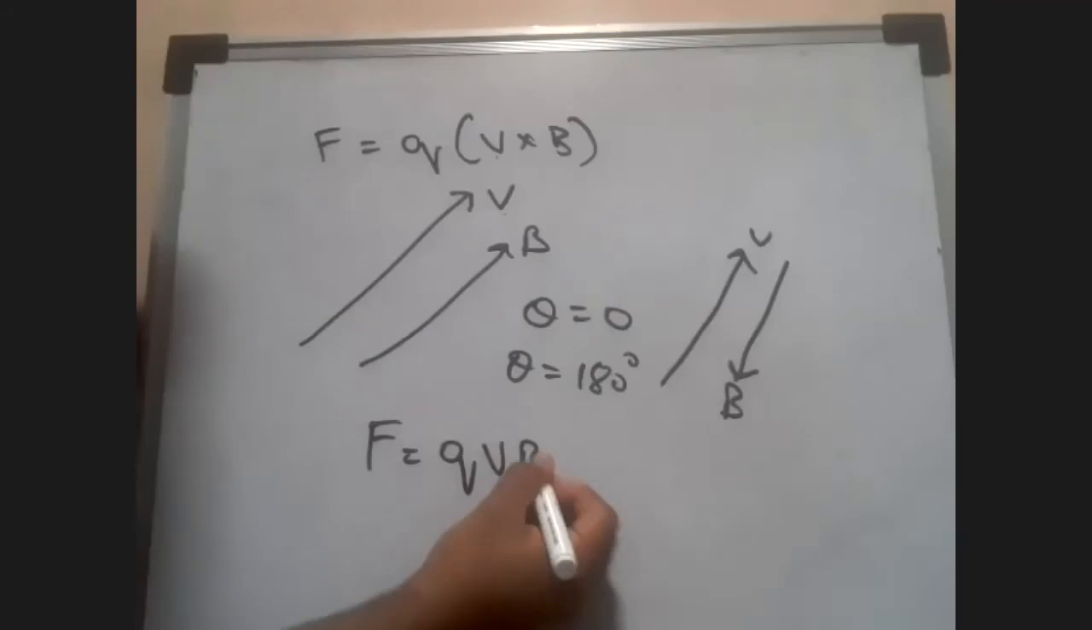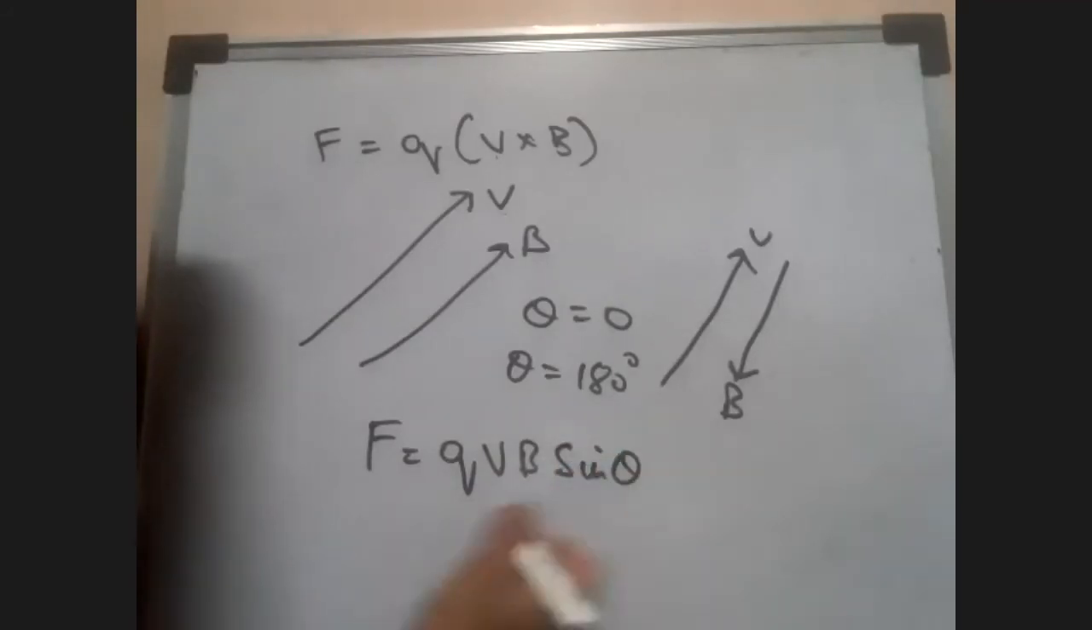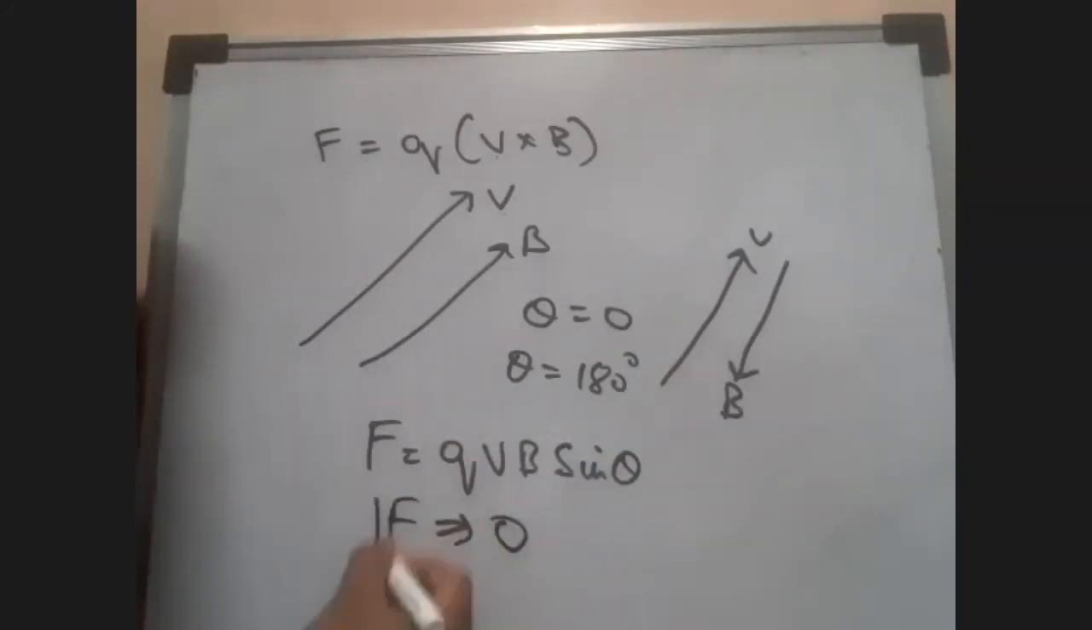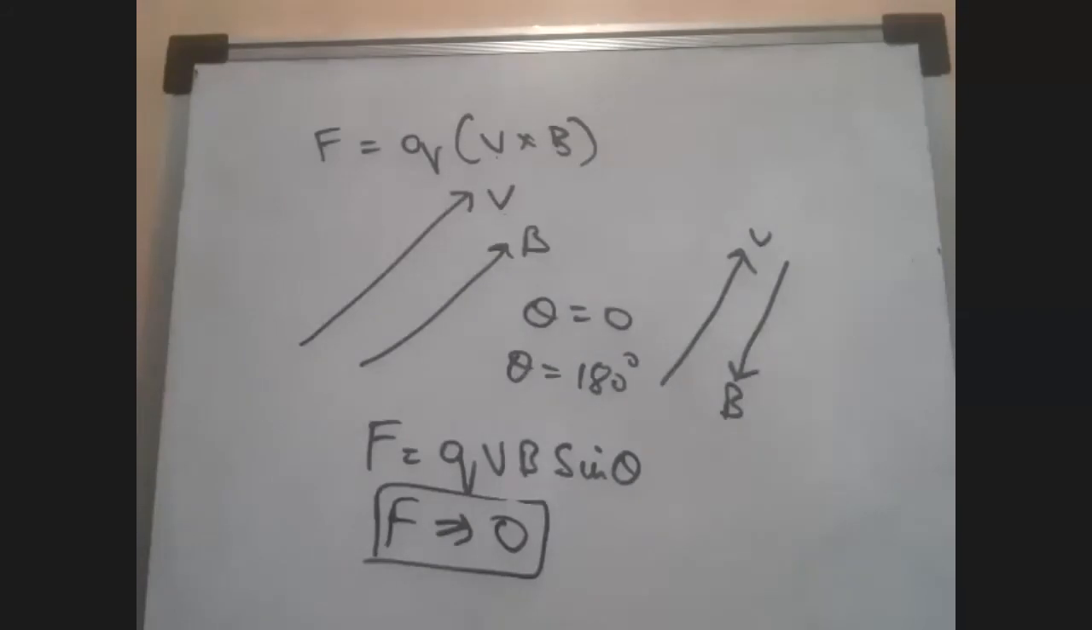Help me here. V sine theta. So what is going to be the answer? What is going to be your answer, students? Theta is 0, theta is 180. Force is going to be always 0. Now, if that is understood, let's go to another